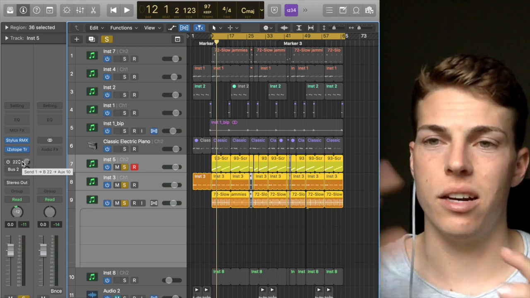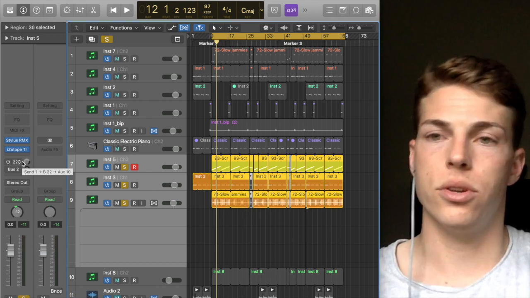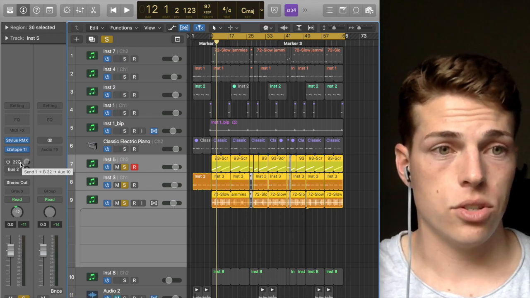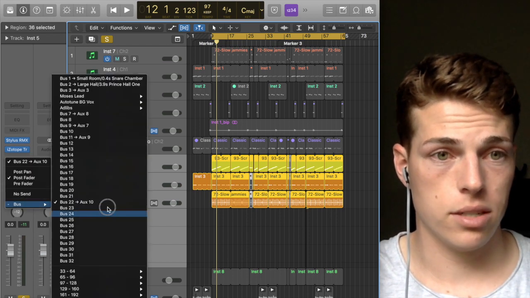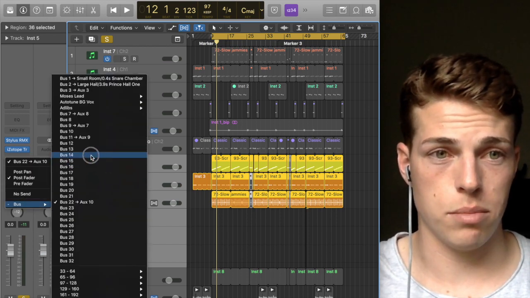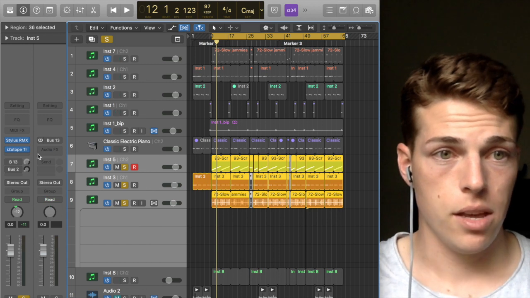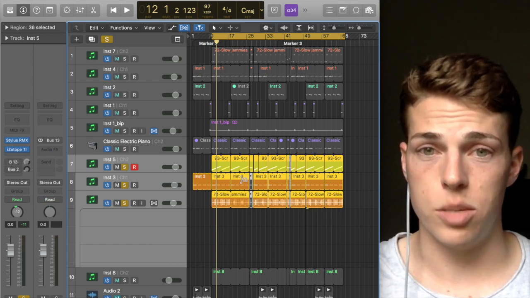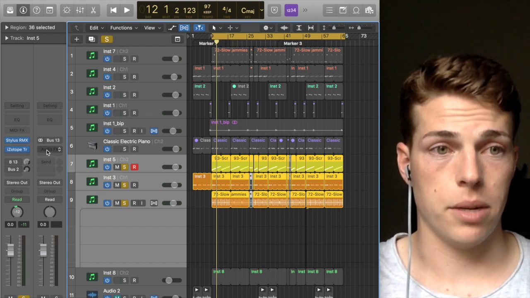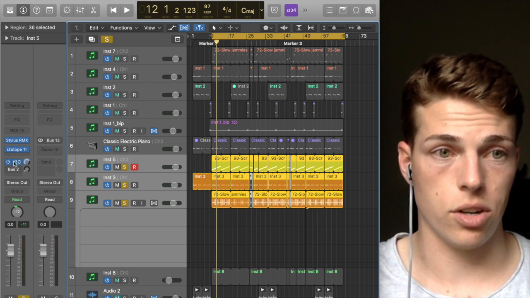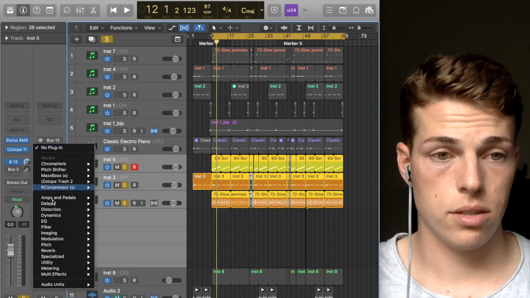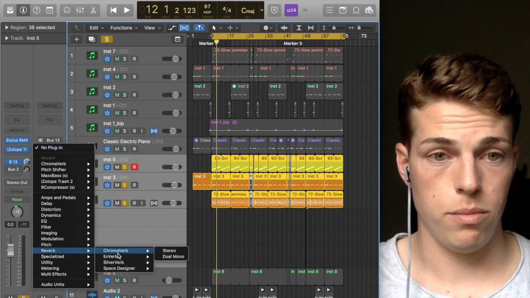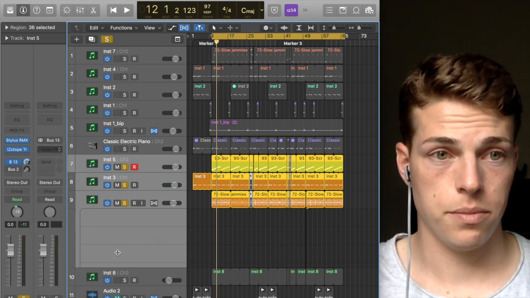It's a body of effects that you can then route to different tracks. So for example, you go here, you go to bus, and you pick just whichever one that isn't being used already. So I'll go to 13, and let's say I want to put reverb on these percussion sounds. Then I'm going to go into the bus, turn it on first, go into the bus, find my reverb, put it in,